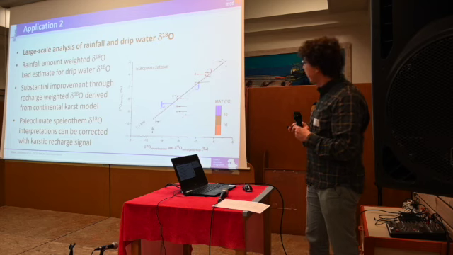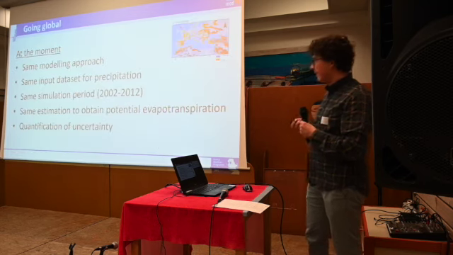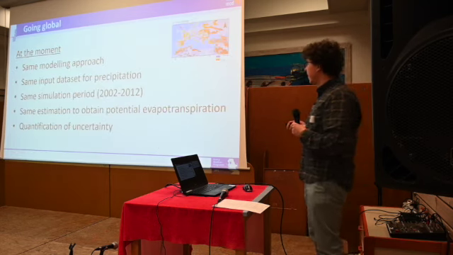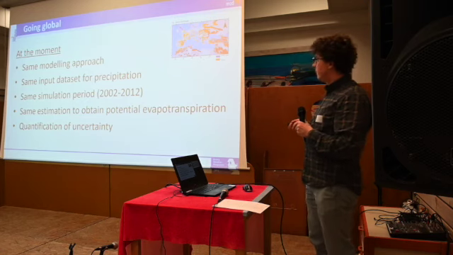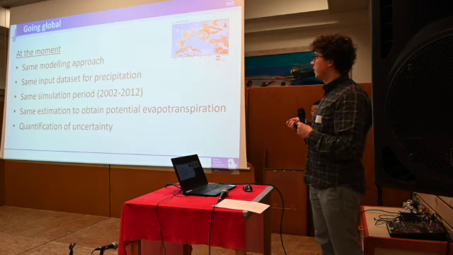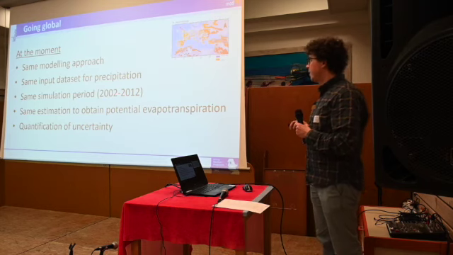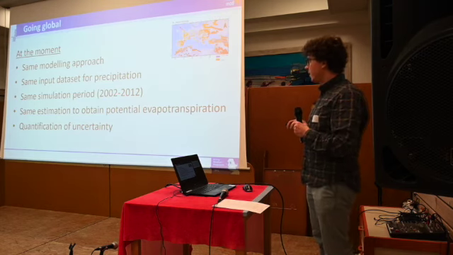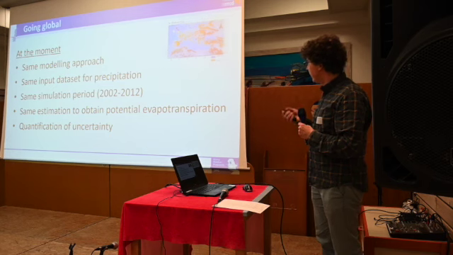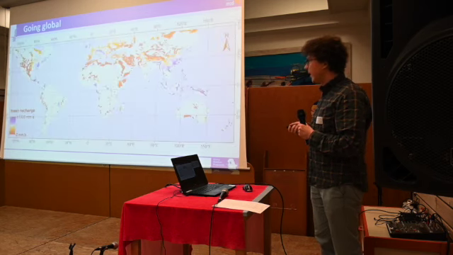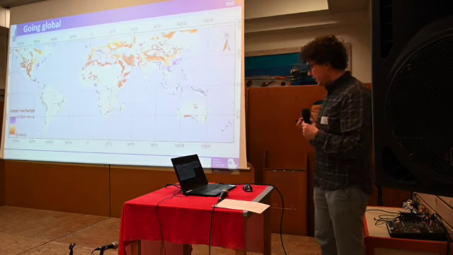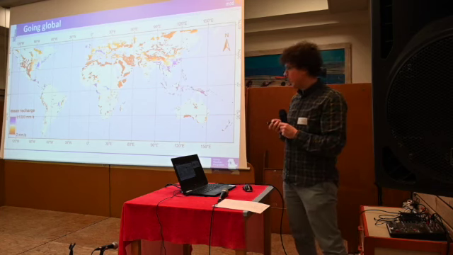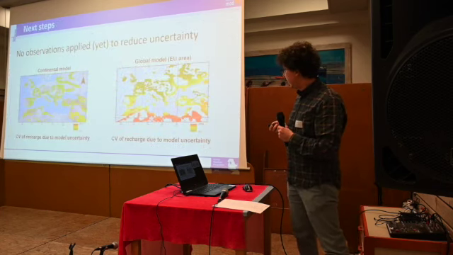And I tried to do the same, or I began to do the same thing. So we tried to include the same modeling approach, same input data set for precipitation, same simulation period, and same estimation to obtain evapotranspiration and a quantification of uncertainty. And this is how it looks. So it looks very similar, but when you look a little bit closer into the uncertainty, you will see that